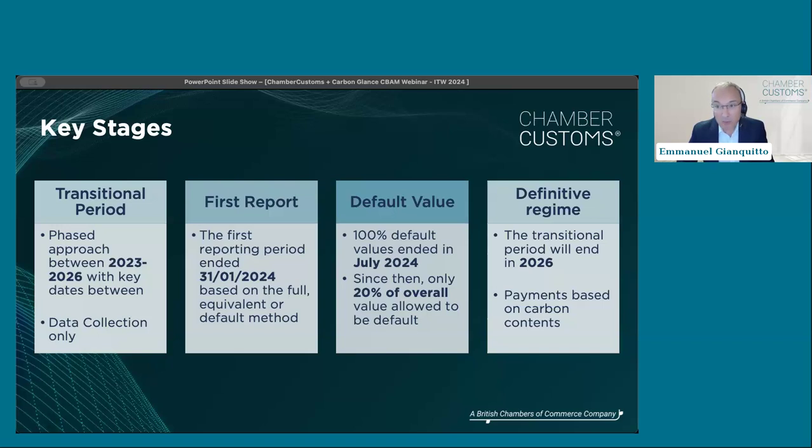Now, the transitional period will end in 2026, and from that point on, real payments will have to be made. So that's the point where actually, if you like, the impact will be felt. However, before 2026 and from today, European importers are being pressured by the EU to submit their reports as accurately as possible. And what happens is that the European importers cannot do that without information from their suppliers. And this is where the EU regulation hits the producers or the processors in the UK.